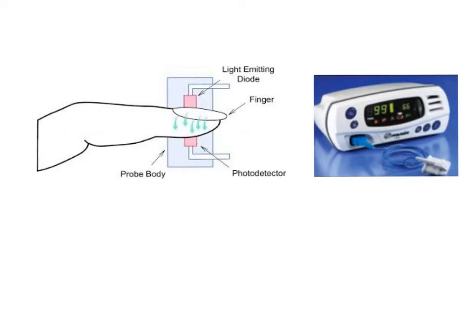So, a pulse oximeter works by passing a ray of red and infrared light through a thin tissue. The ratio of red to infrared light transmitted gives a measure of the oxygen saturation of the blood. What the oximeter does is it classifies the blood. The oxygenated blood looks of a brighter color than the deoxygenated blood, which has a